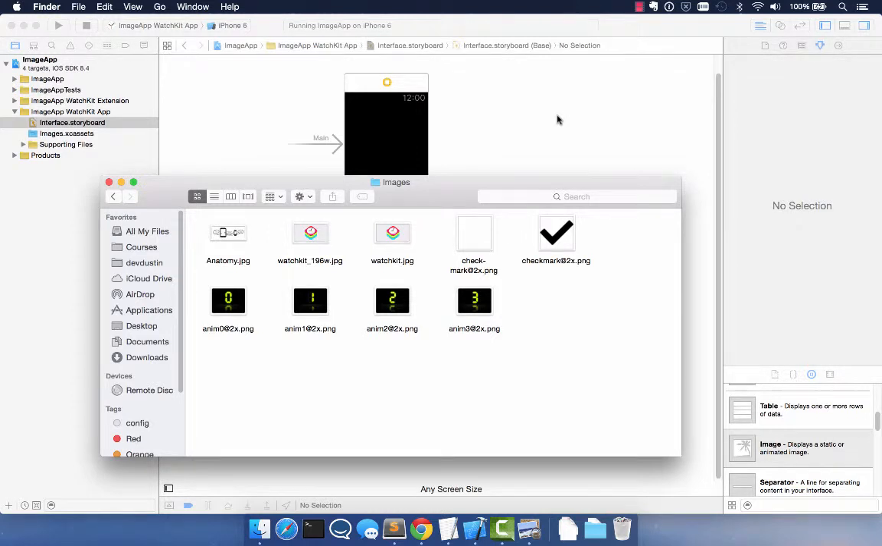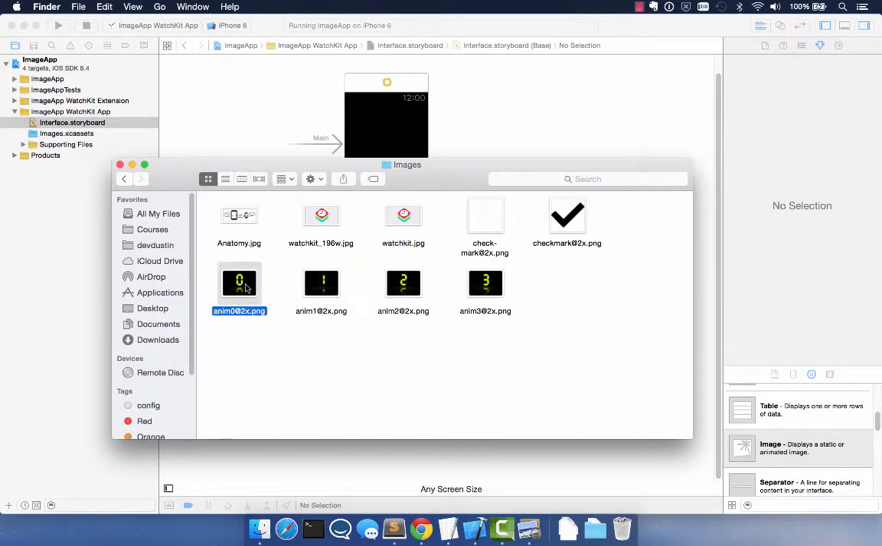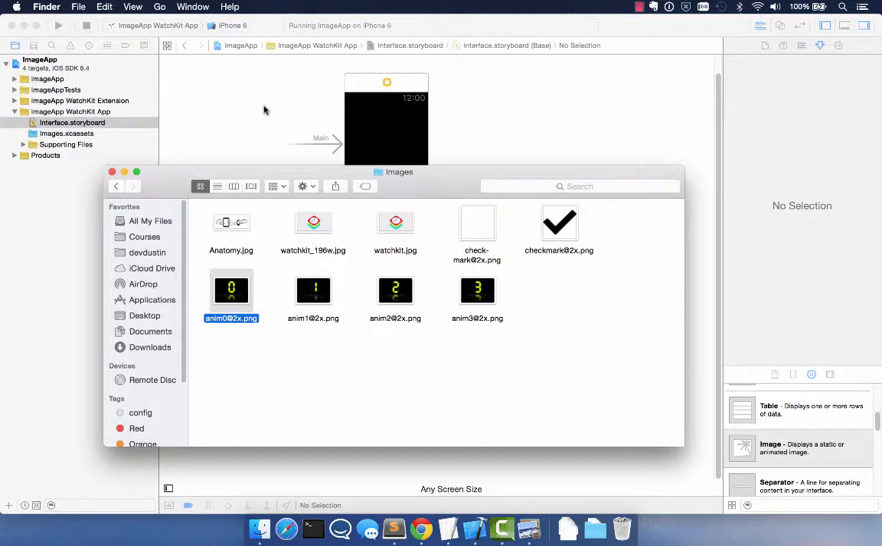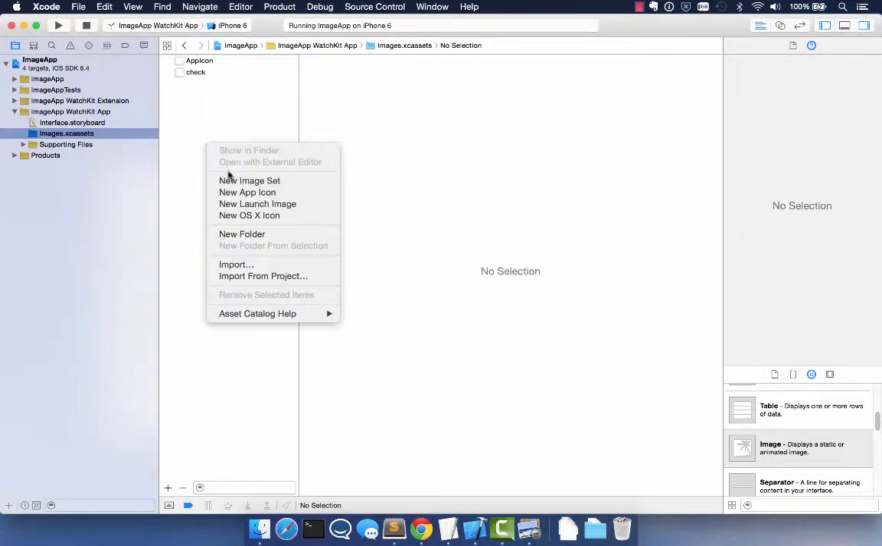All right, let's get into animations. So what I've done is I've taken a GIF and I've split it out into the separate images, and I've named each one ANIM and then the number, so 0, 1, 2, and 3 with an @2x.png extension. And what I'm going to do is drag each of these into my project by going to Images, right click,